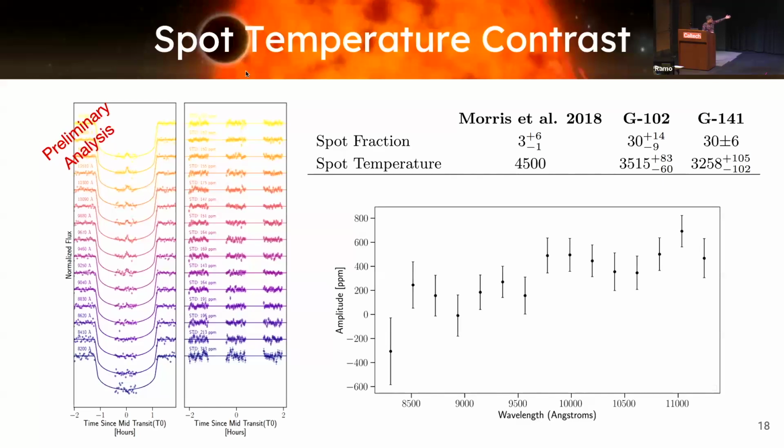And the great thing about Hubble data was also that you can see a spot during the G102 transit. And this is something I'm trying to make sense of. I don't have a perfect explanation, but the amplitude seems to be going the wrong direction. We sort of expect the amplitude to be increasing with lower wavelength. But I think this is not totally unexpected because there might be features, and it might not be a perfect